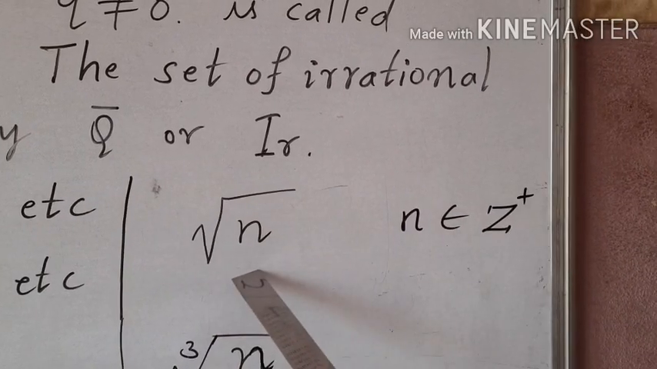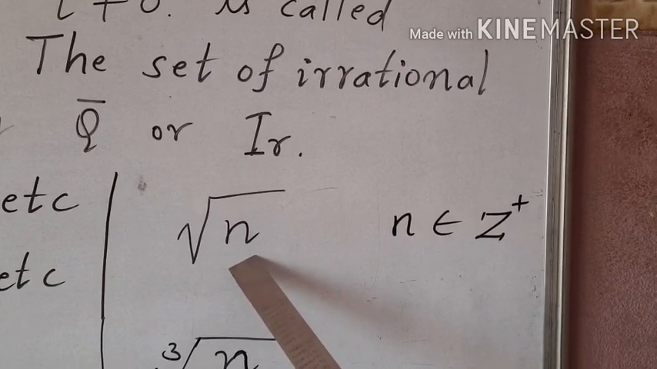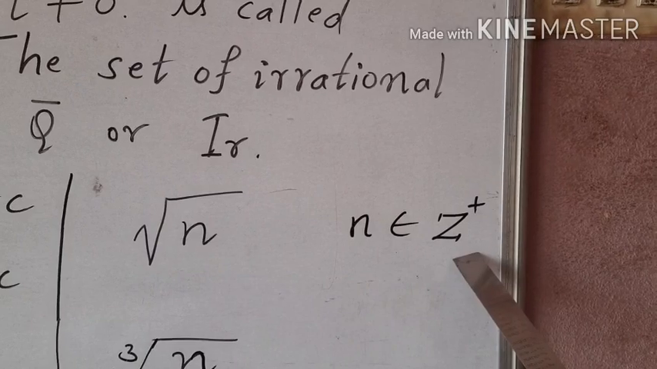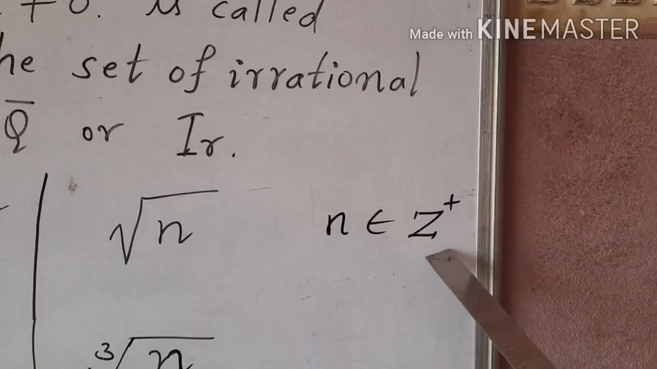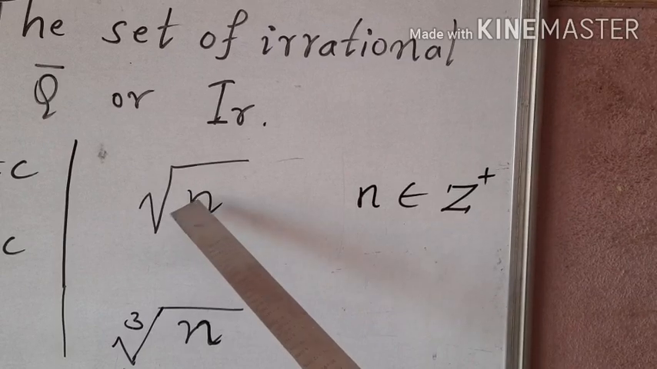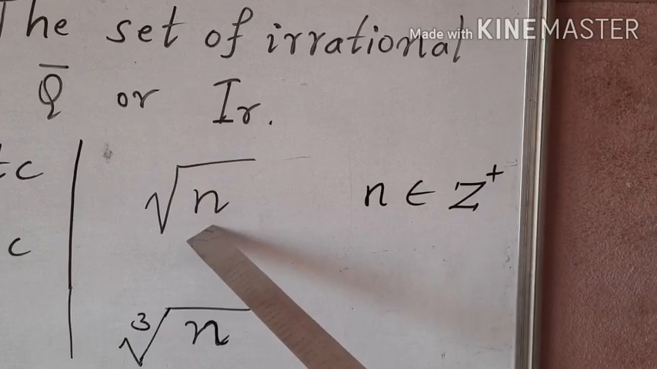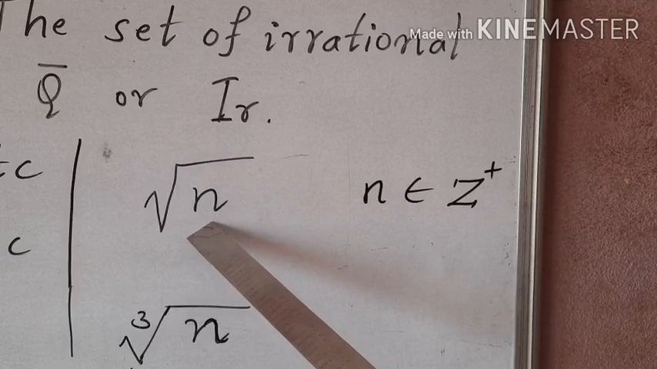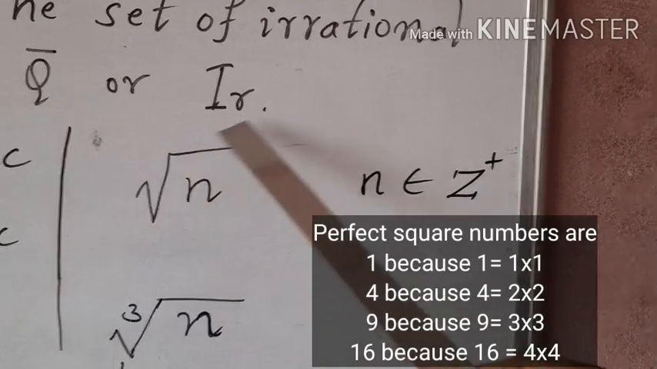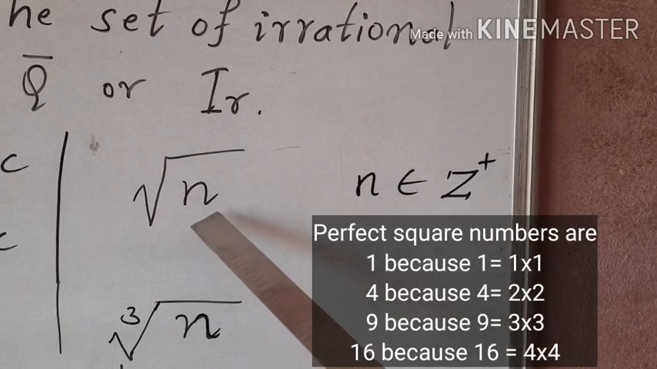If square root of n is to be called an irrational number, this n should be a prime number. This n should belong to the positive integers and this n should be a prime number. And one more thing, this n should not be a perfect square number. Perfect square number means the number can be written as the product of two equal factors. If it can be written as the product of two equal factors and this number is under the square root mark, then this is not an irrational number. This becomes a rational number. For example,